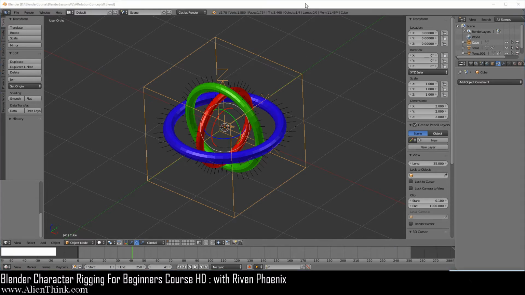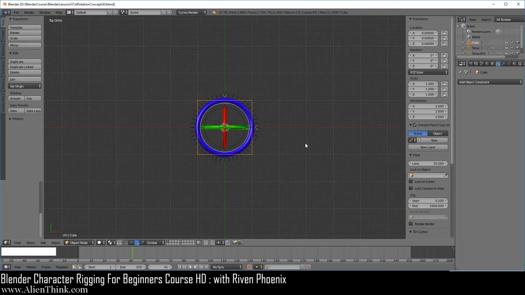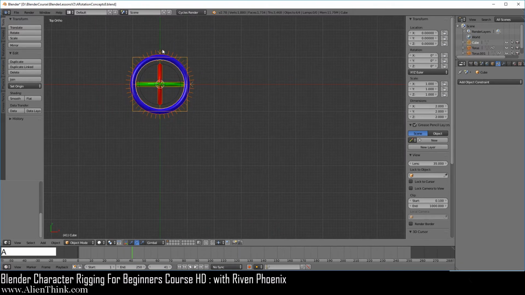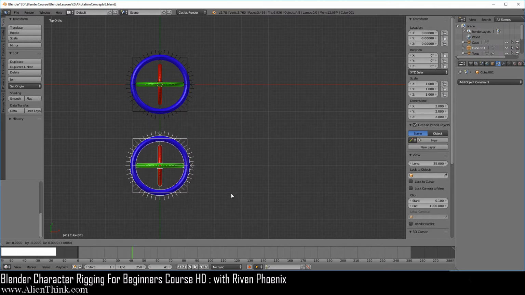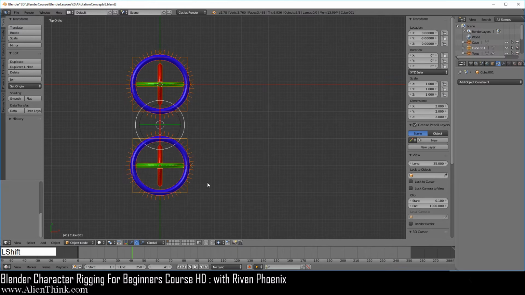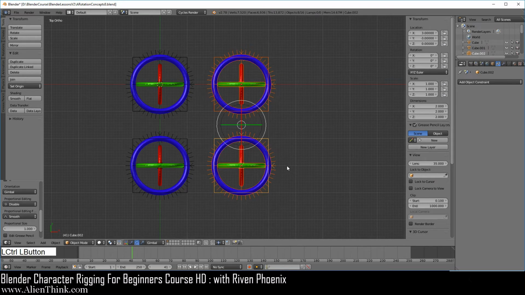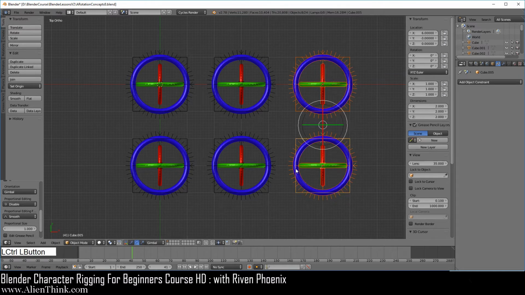Okay, so now that you have seen how we can work with rotation order, I want you to go ahead and press the 7 key to go to your top view and go ahead and zoom out with shift middle mouse button and pan over here. Now press the A key to select everything, do shift D to duplicate. You can press the control key down and let's say put it over here. Go ahead and now press the A key to select everything, do shift D to duplicate. Press the control key down and put this over here. Do shift D to duplicate, press the control key down and put this one over here, right?